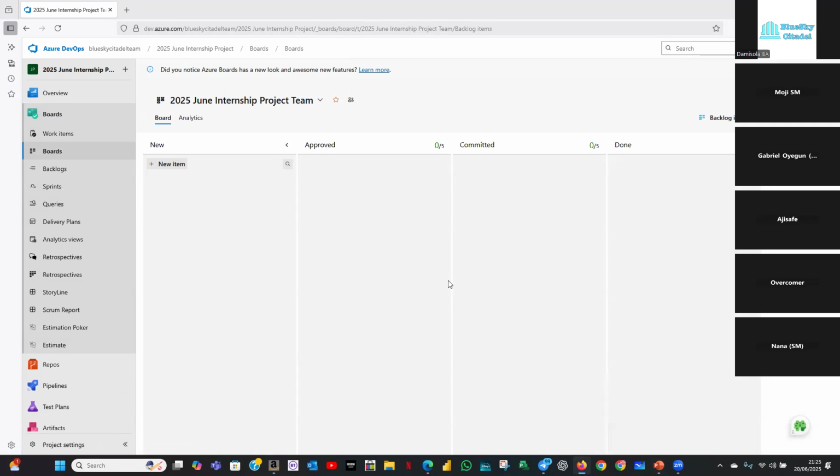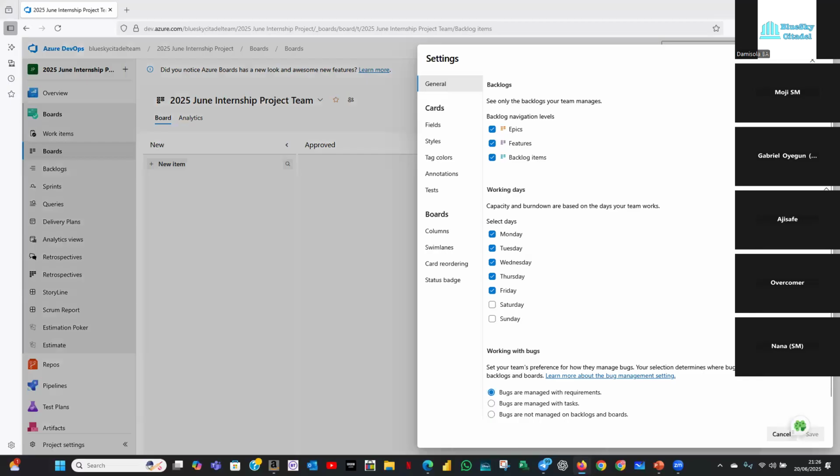But we want to customize our board in such a way that we're able to add some other columns to it. We want our workflow to start from here, but we want to add some other columns to it. The way to configure your board to see other columns is to go to the configure board settings. It's on the top right. There's this cog that looks like an engine. If you hover over it, it says configure board settings. So if I click on that,